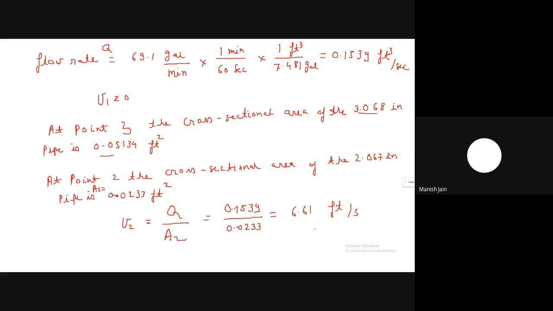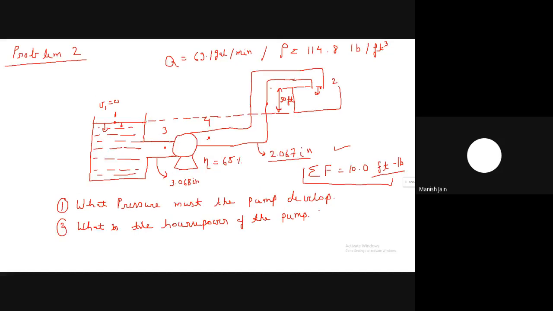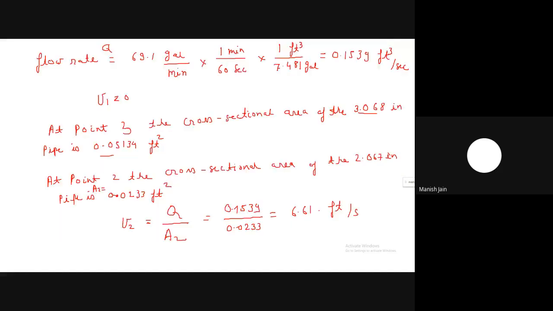This is the velocity of the fluid at point 2. At point 1 the velocity is 0. So now you can write the energy balance in this case. What do we have to calculate? We have to calculate the work done by the pump. The work done by the pump can be calculated as